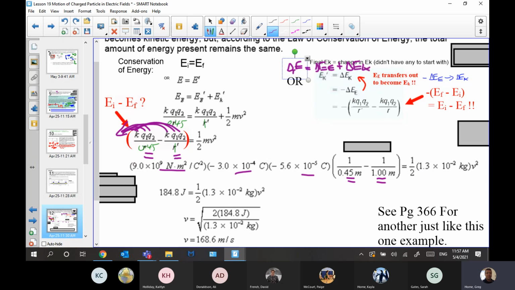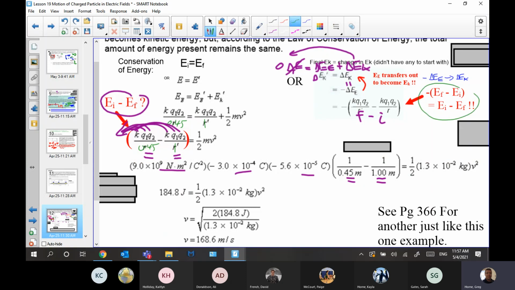And that led to the change in the EK being equal to the negative of the delta E. That's this right here, right? When you subtract it over, because this is 0. So this negative EK leads to what they had here, because this is final minus initial. But guess what? The negative of final minus initial leads to initial minus final. So you can see the equivalence between the new way they're showing it right here